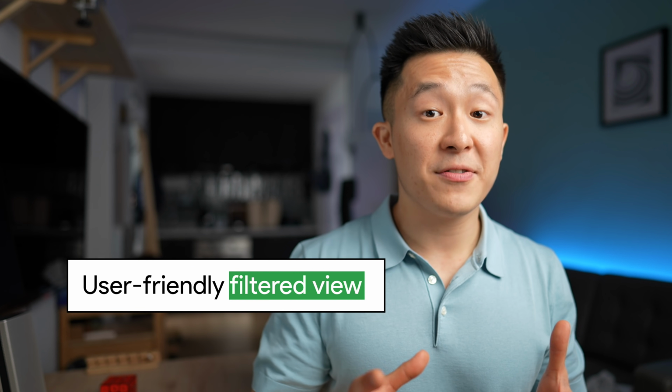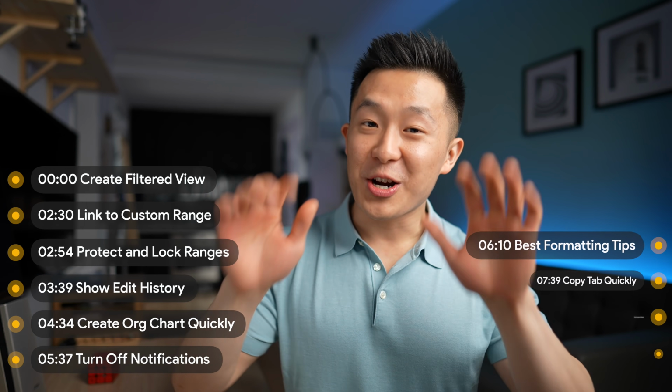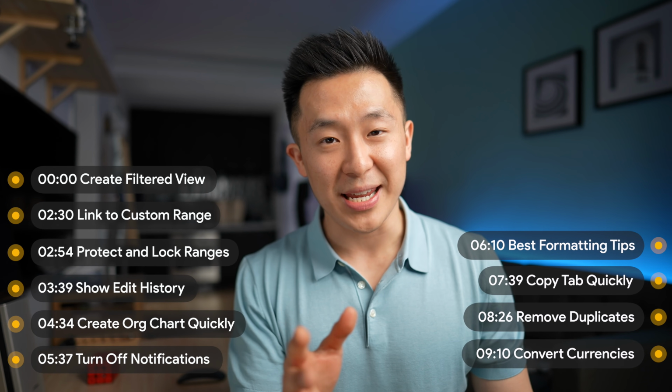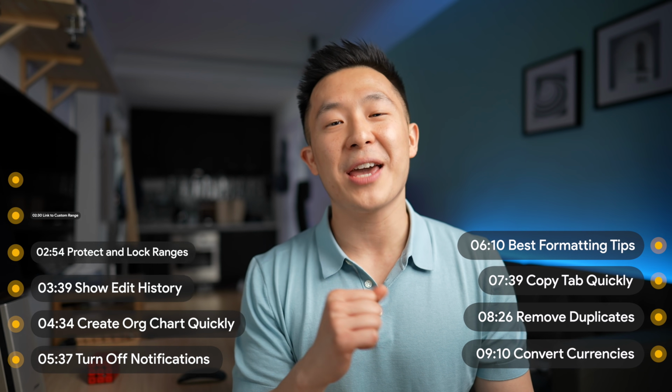Whether you use Microsoft Excel or Google Sheets, I personally think that being good with spreadsheets helps exude a level of professionalism and competency. Using the example from earlier, if you were to send out a tracker to a senior stakeholder for review, would they prefer to receive the unfiltered view where they dig through a bunch of data, or the filtered view that saves them a bunch of time? Probably the latter. So in this video, not only will I share 10 tips on how to use Google Sheets productively, but I'll also go through relatively realistic use cases so you can apply them immediately.